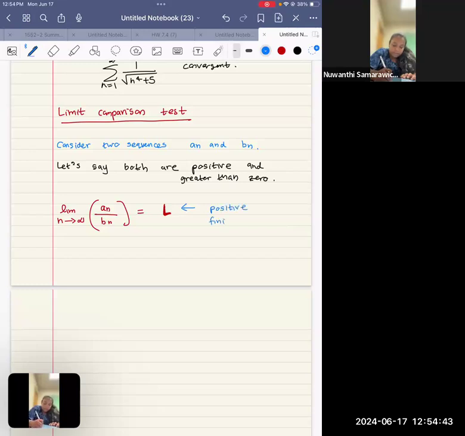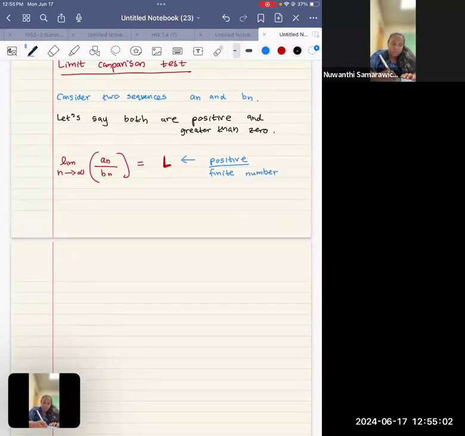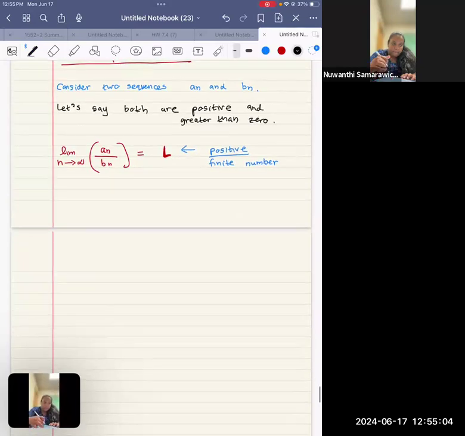Why is it positive? Because a sub n and b sub n are positive, so when you take the quotient, the answer should definitely be positive. So a positive finite number. Then the conclusion that we get is